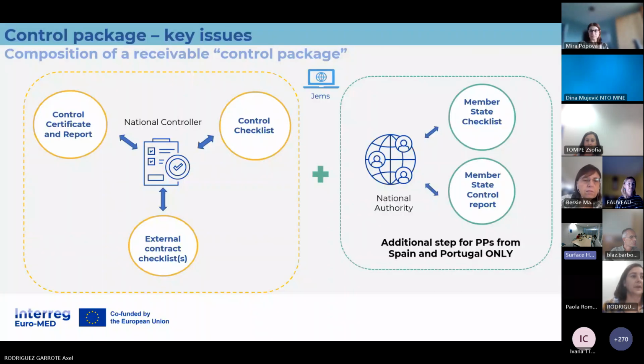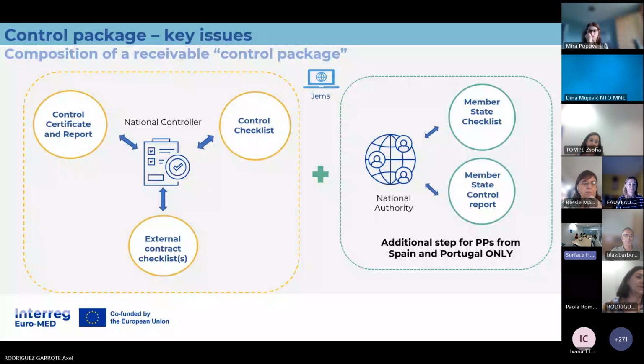So for the control package, just a short overview of what we understood under this expression. Here you see the schema of the complete control package. It is mandatory for the validation of the report that you have one control checklist finalized by the national controller.